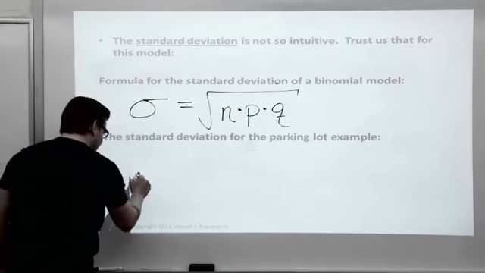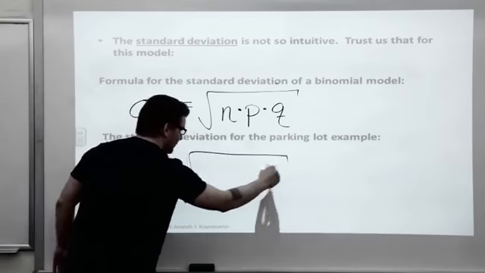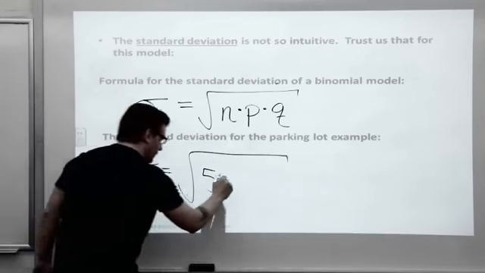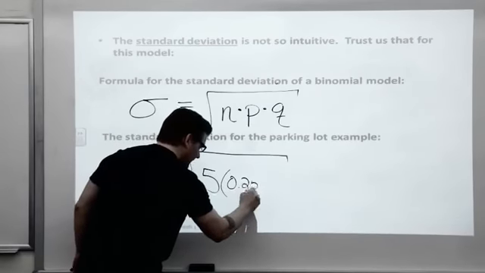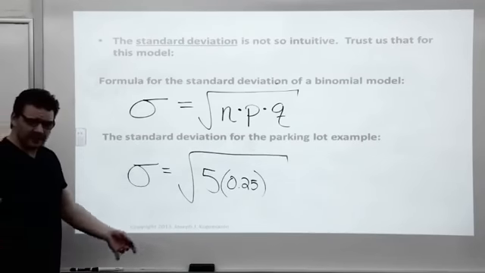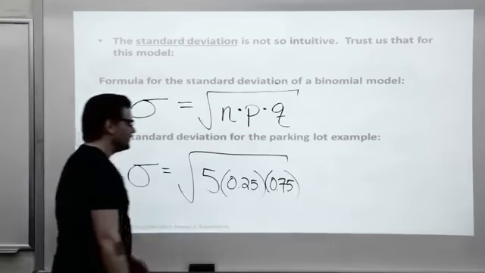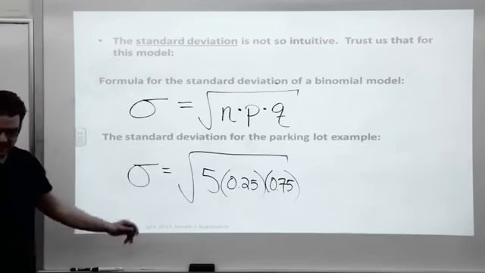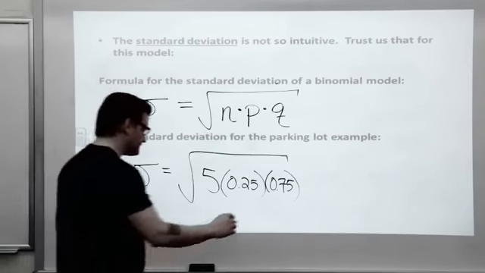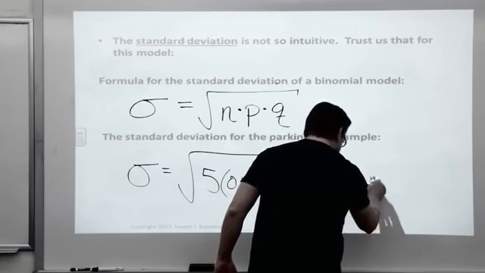For the parking lot example, we can calculate this pretty easy. Sigma equals big square root. How many trials did we have? We had 5 days, right? What's the probability of success? Same example, 0.25. What's the probability of failure, or that we don't get a spot? 0.75. Whole thing square rooted, I have no idea what that is. I did my homework though, 0.968. This is about equal to 0.968